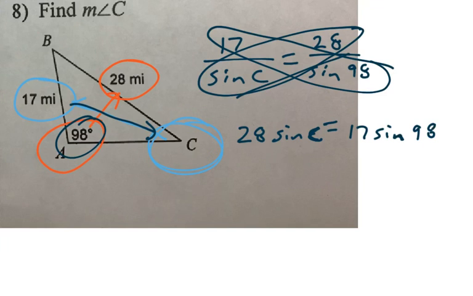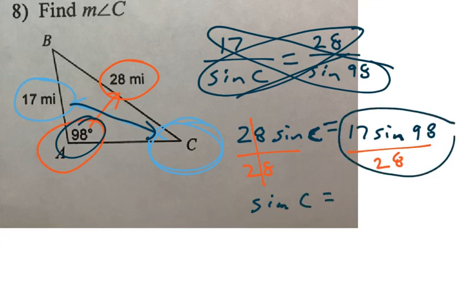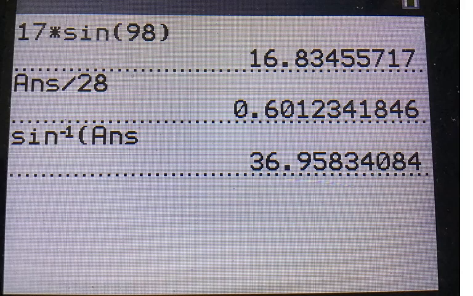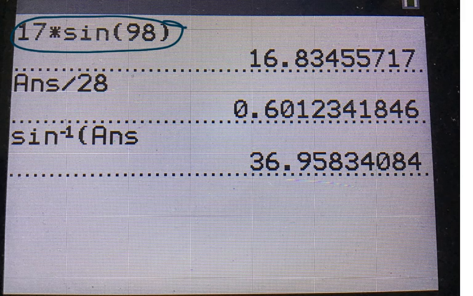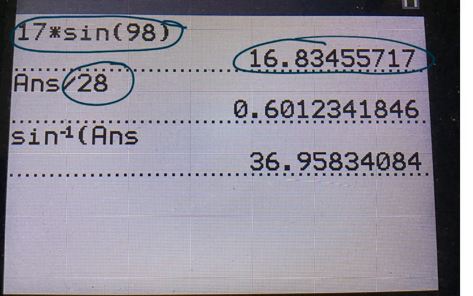And just to save a little time, guys, I'm going to try to solve it here. I'm going to solve for sine of C. I'm going to divide both sides by 28. Okay. So I now know that the sine of C, angle C, is this right here. And so that's what I'm going to calculate and put there in my calculator. So let's go to the calculator. If I do 17 times the sine of 98, I get this value. I'm going to divide that by 28. I get